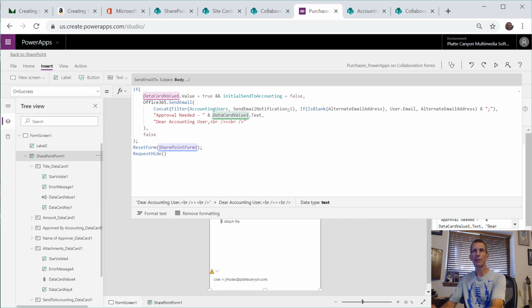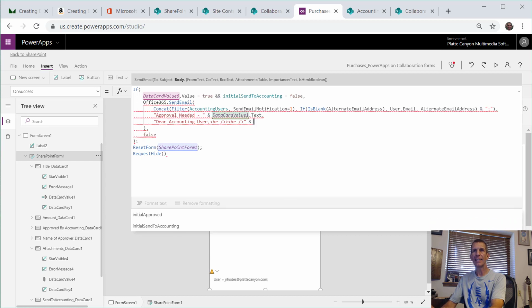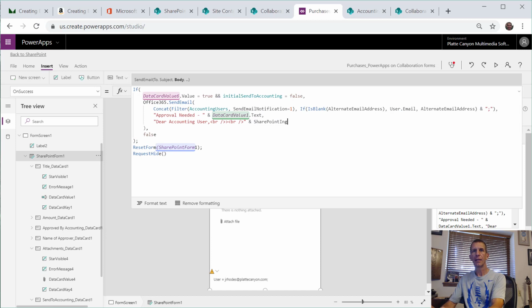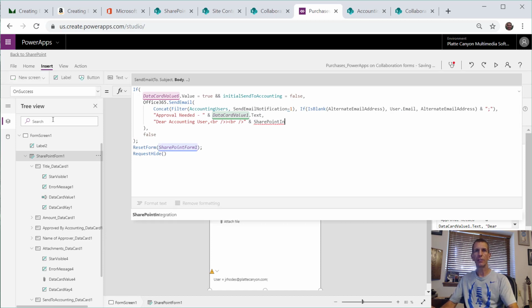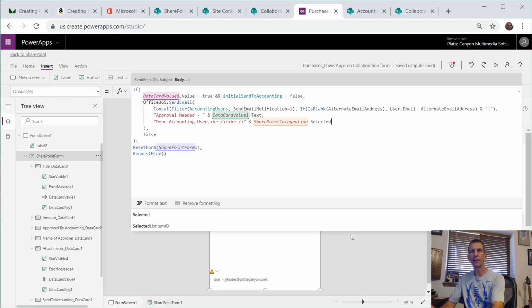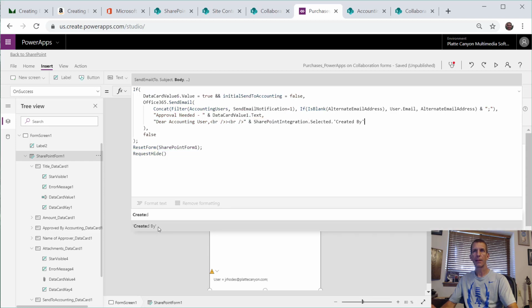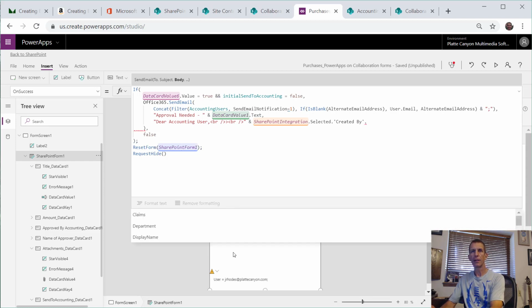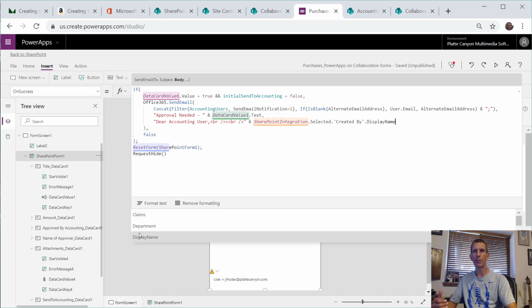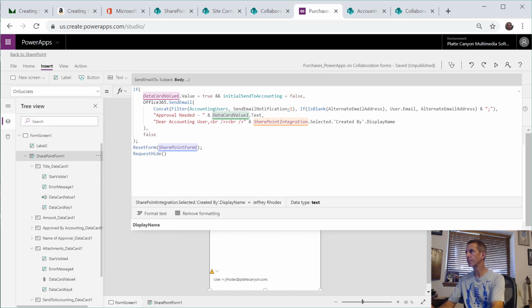And we don't really need the space, but it's okay. And then what we might do is say, okay, who is it that sent the thing? And so we might do that SharePoint integration dot selected dot created by. That's the person who made the record, because we didn't actually store the user in a name, so that's basically all we have. But we can get the display name,